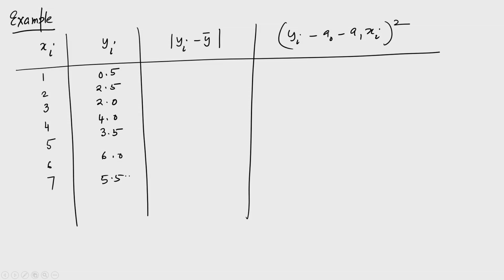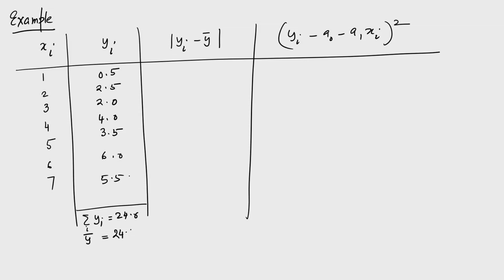These are the corresponding data points, and I can easily calculate the sum over y i, which comes out as 24.0. If you add all these numbers, it will come out as that, and we can also get this y bar, which is